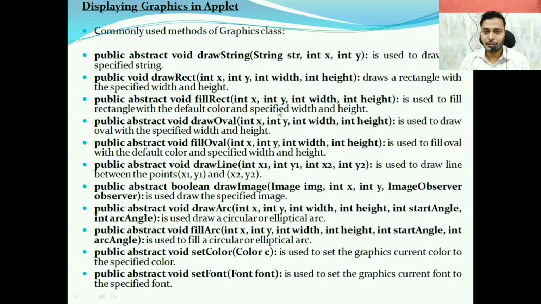So you can see here, the first method is drawString. drawString has three arguments. First is whatever you want to display, this comes under the first argument. Second argument is x, and third argument is y. Similarly, drawRect has four arguments: x, y, width and height of the rectangle. So x and y,